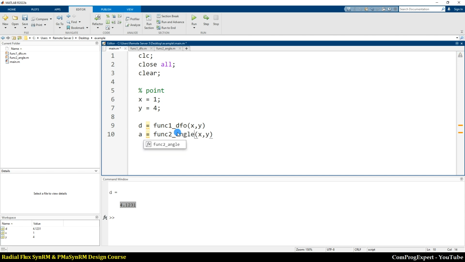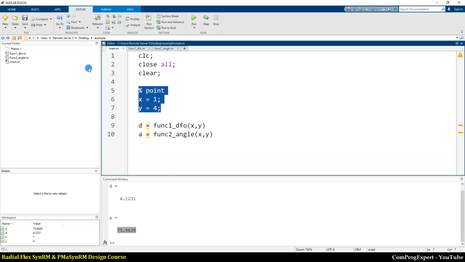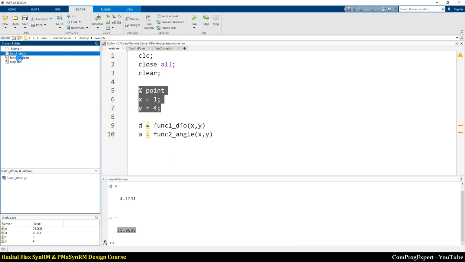So this is the angle, that is equal to 75.96. So we defined our object here, and we have two functions, function 1 and function 2, and this is